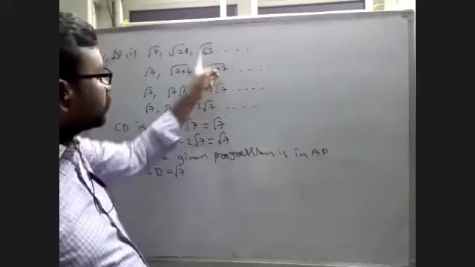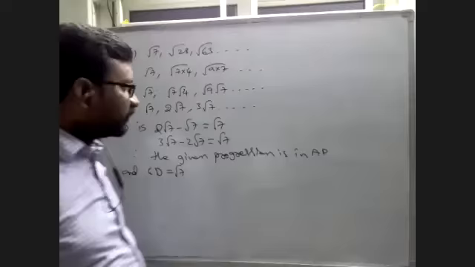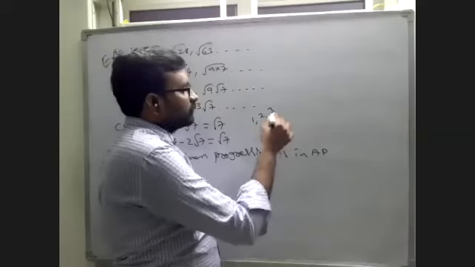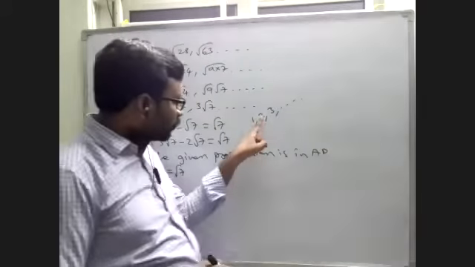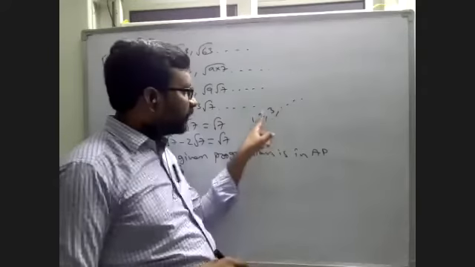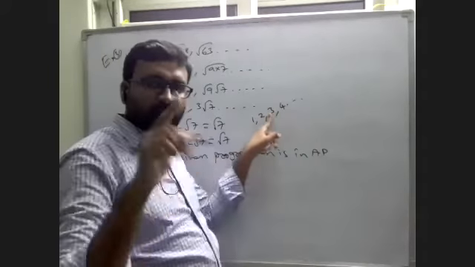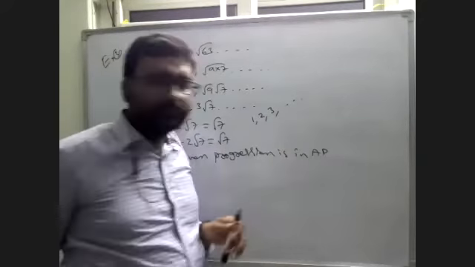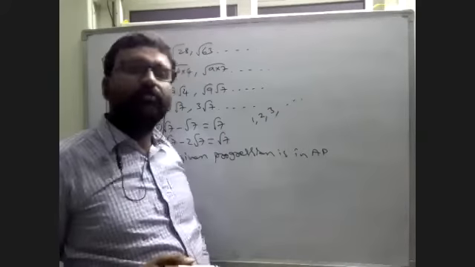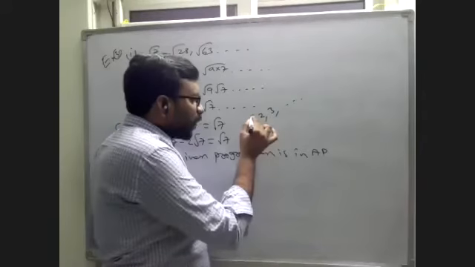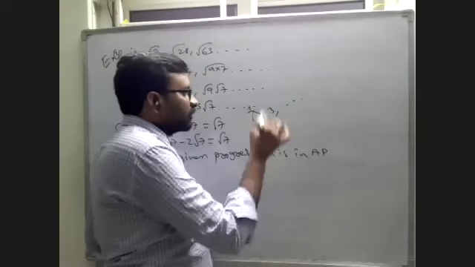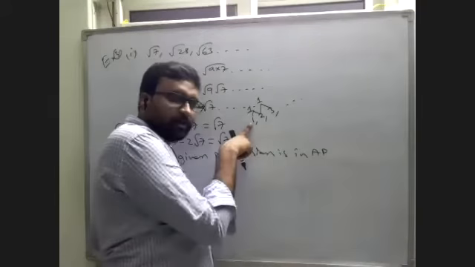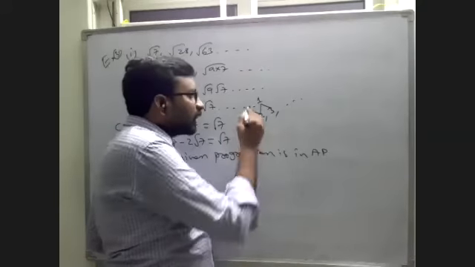Third one is asking what is the next term. And for the next term, if you observe in an AP series 1, 2, 3, this is an AP series. Why? Because 2 minus 1 is 1, 3 minus 2 is 1, 4 minus 3 is 1. The common difference is the same. And if you have only up to 3, what is next to 3? How will you find it? Simple. The common difference of these two is 1, the common difference of these two is 1.